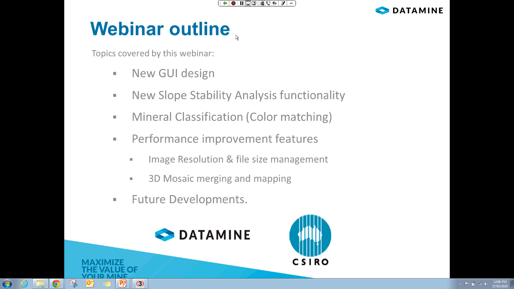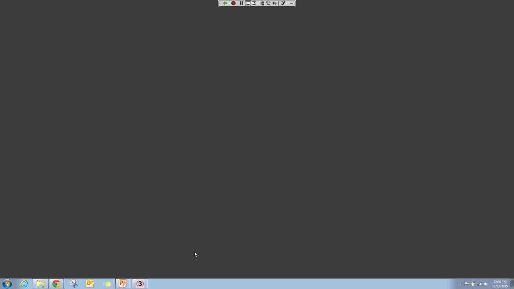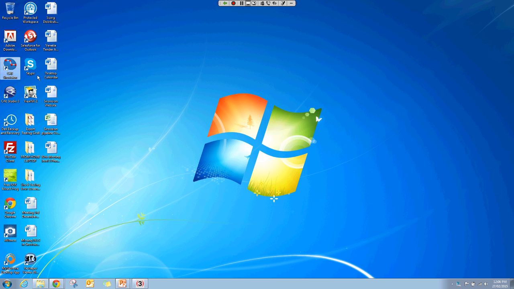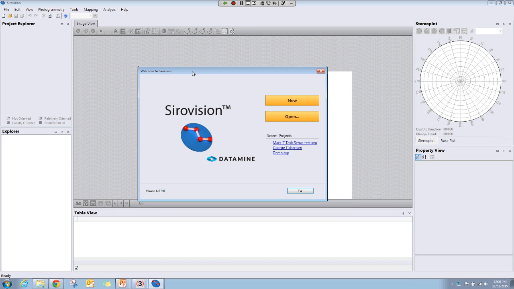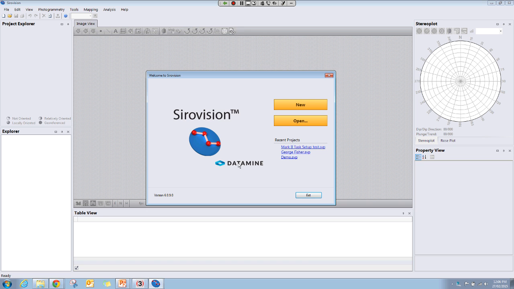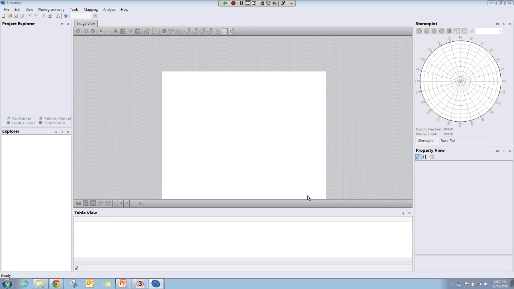So we'll just hop out of that. I'll open the software and show you the new changes to the GUI. So this is the new Sirovision 6 graphical user interface. It looks similar at this point to the last version. So the biggest changes